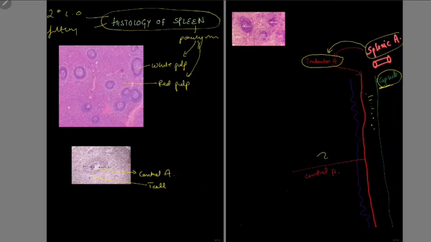This central artery is surrounded by a group of cells. These cells surrounding the central artery are T cells. Now the central artery branches off to a central arteriole. This central arteriole is again surrounded by a group of cells, but this time these are B cells. The splenic arteriole eventually gives off capillaries, and this part of the circulation is closed circulation since the blood is flowing